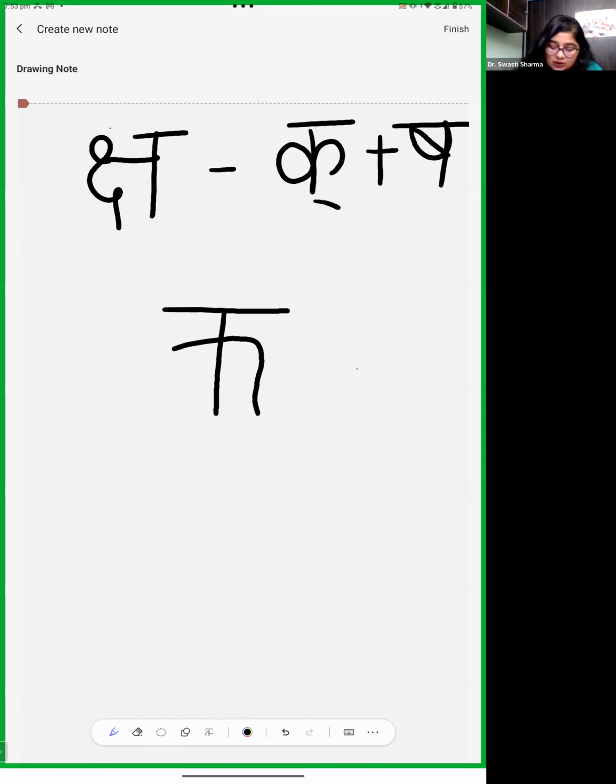when we add something in Ka, it changes in this shape. Okay. So what we will do, we look at the left side and we will make it like this. This is your Ksha. In Sharda, Ksha looks like this. Okay, make it very carefully. The letter Ksha. Is it similar or not to these two letters? We can see those two letters very clearly. In Sharda script, if the letters are connected to each other, you can identify them very easily. This is Ksha.